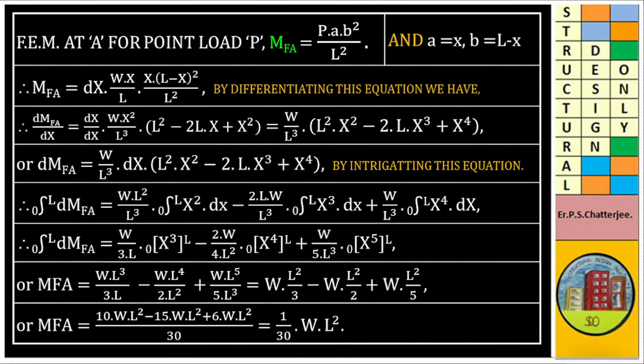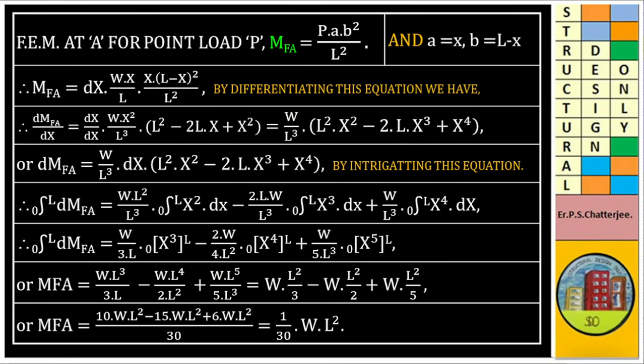FEM at A for point load P is equal to MFA is equal to P A B square by L square. And here A is equal to X, B is equal to L minus X. Therefore, MFA is equal to ∫dx W X by L into X into (L minus X) square divided by L square. By differentiating this equation, we have